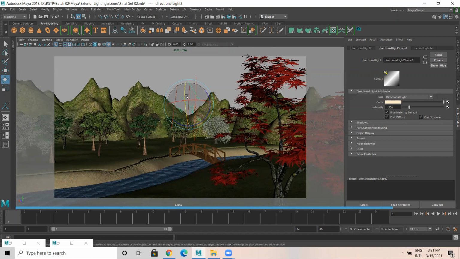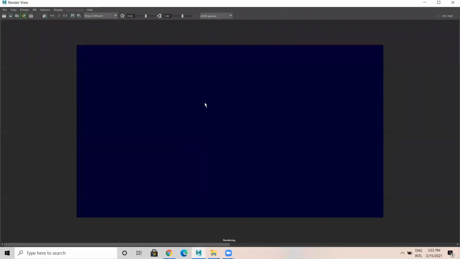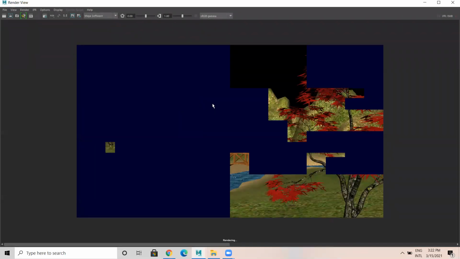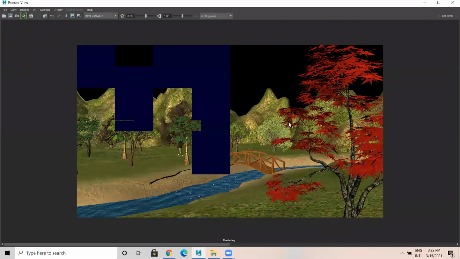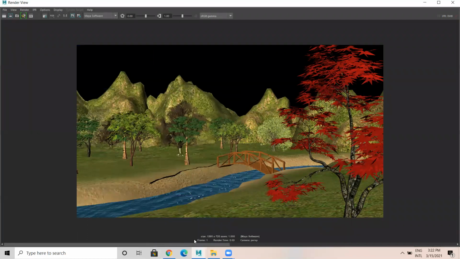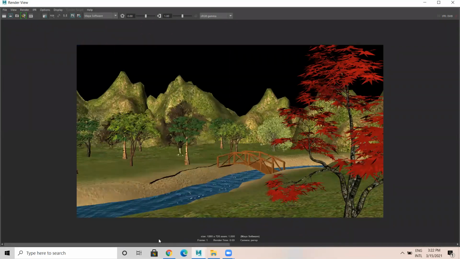Okay, I have added one light, which I just placed over here like this. Let me render and see how it looks. Now there are two lights in the scene. So with two lights, you can see the difference. Earlier, it was something like this. Now it's like this. You're able to see the output properly.